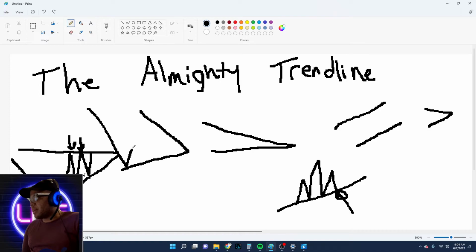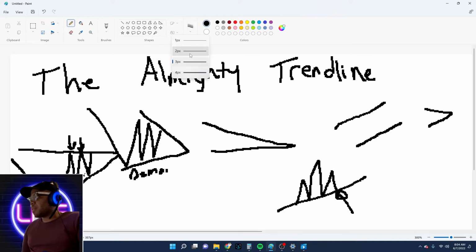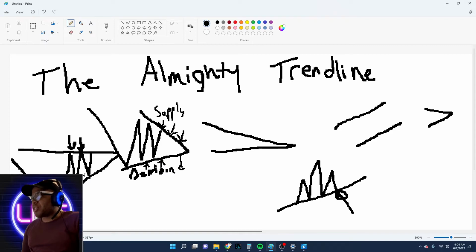It's the same thing with this one. Price is coming in here, and it's getting squeezed in between demand and supply. So same principle. Supply is coming in this time at lower and lower prices. Demand is also coming in at higher and higher prices. And that is why with the symmetrical triangle, there's really no bias of where it's going to break, because you don't really know until one side really decides to up the ante.